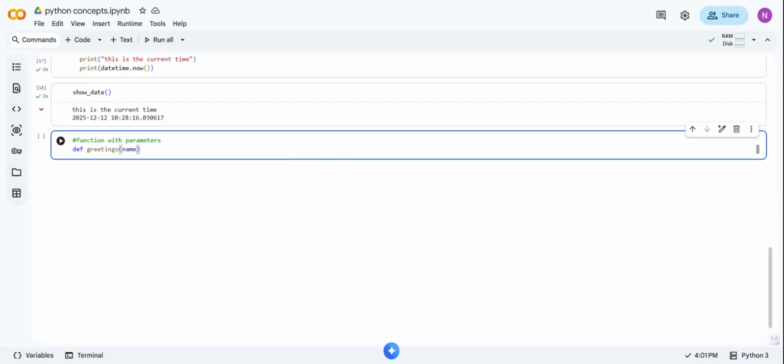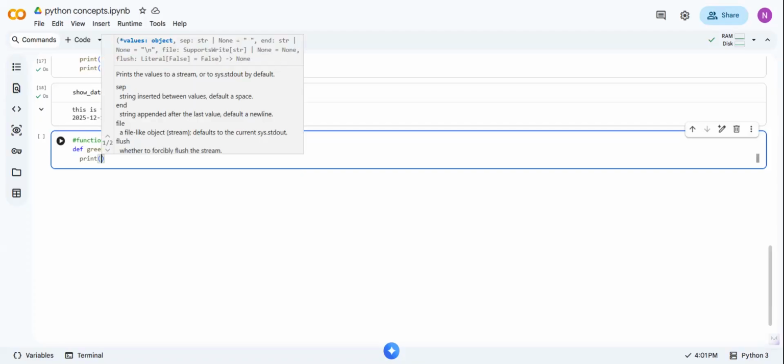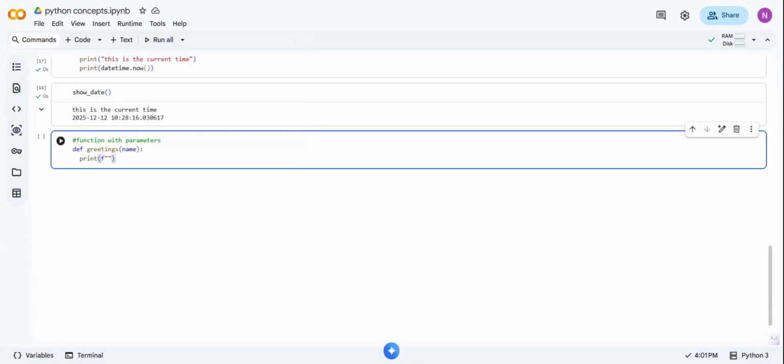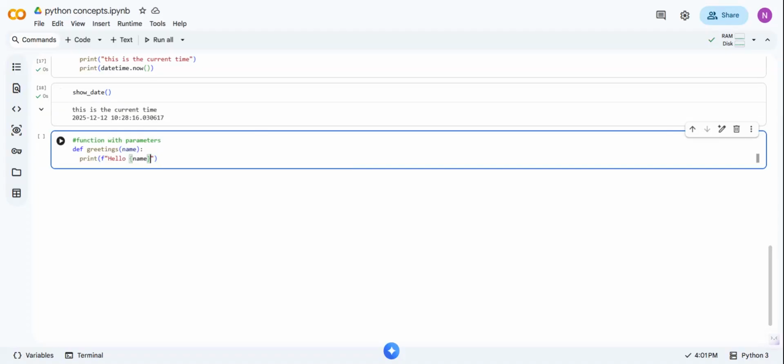The function will print hello, and the name will be passed. So when we run this code,